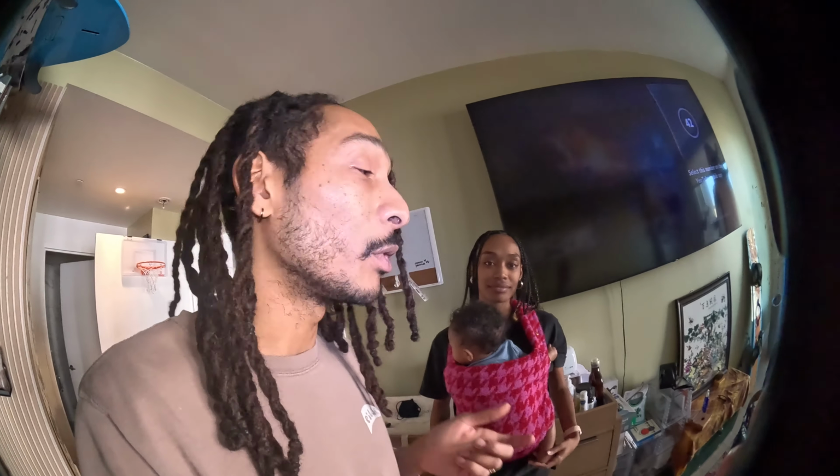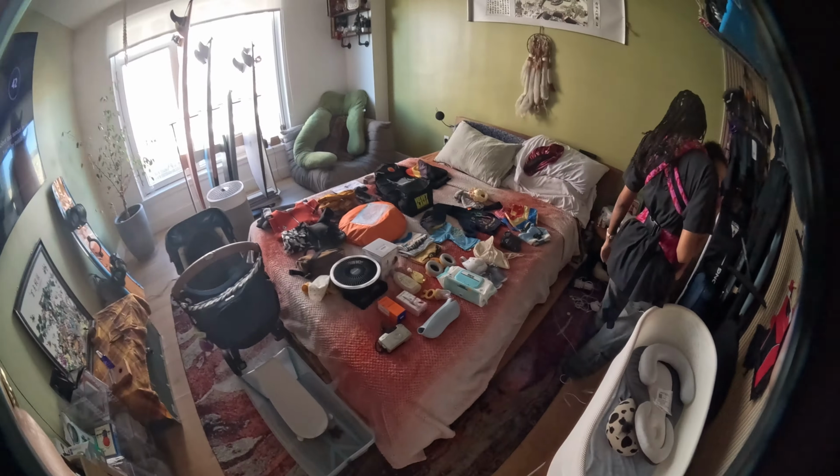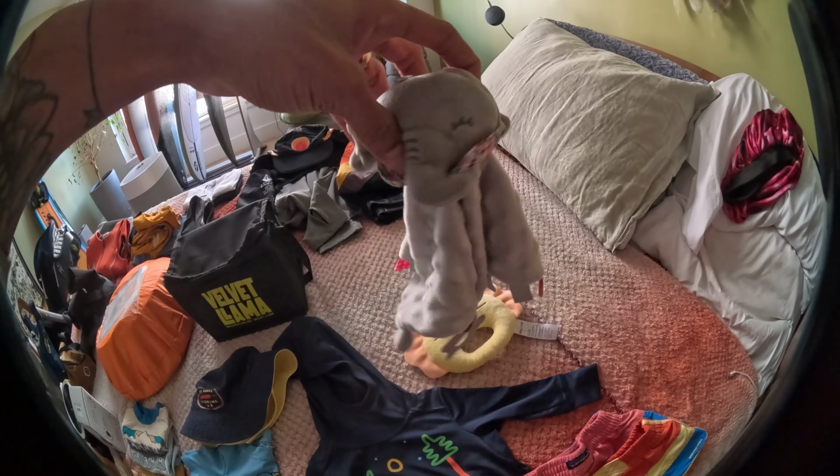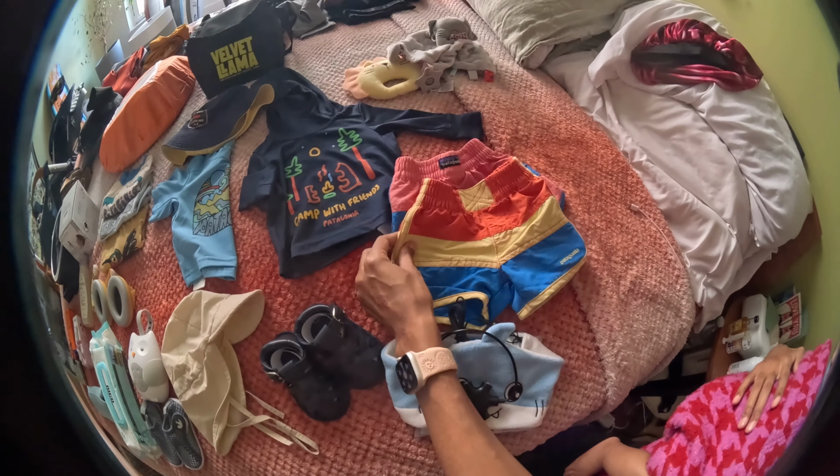Tomorrow we are going to Dominican Republic. Yay! We want to show you guys what we're packing with a 4-month-old going to a tropical island. So we have his toys, his little swim trunks,